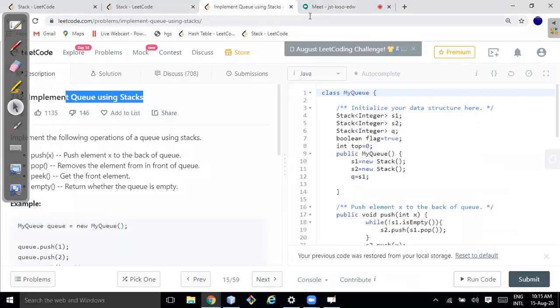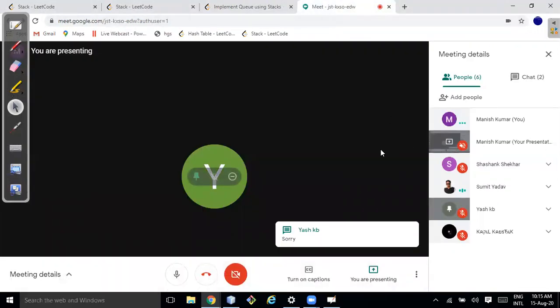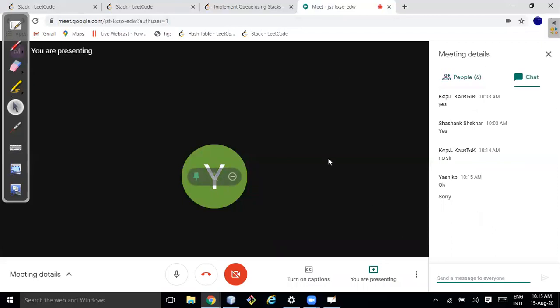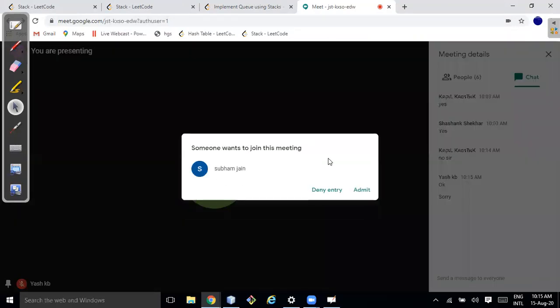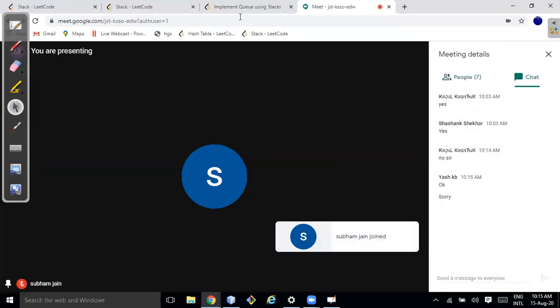I don't want to wait every day, which is why I want everyone to join on time. It's time saving for everyone, otherwise others have to wait for 5-10 minutes. So I started immediately, and from the next class I'll start immediately, whether someone joins or not. I have to wait also, and I don't want to make everyone wait.